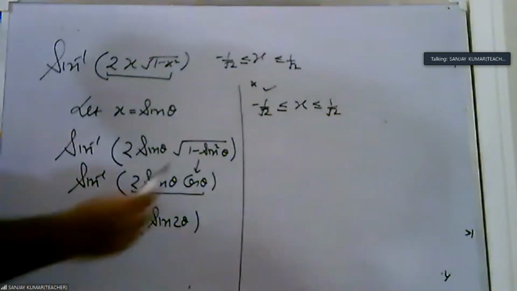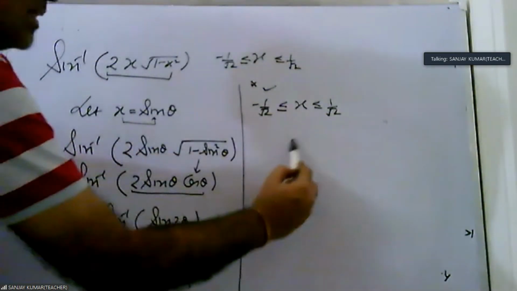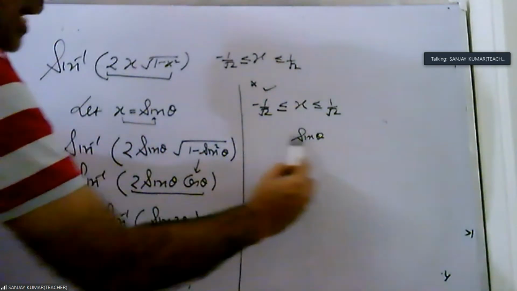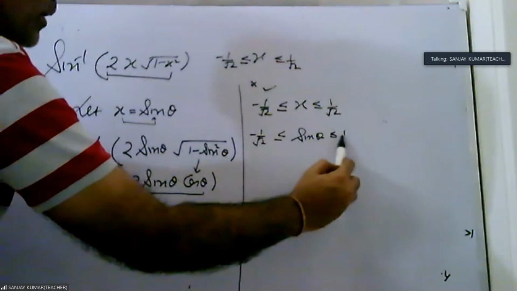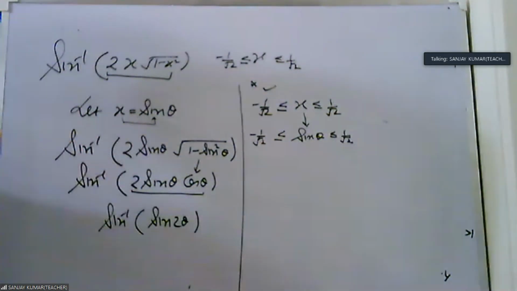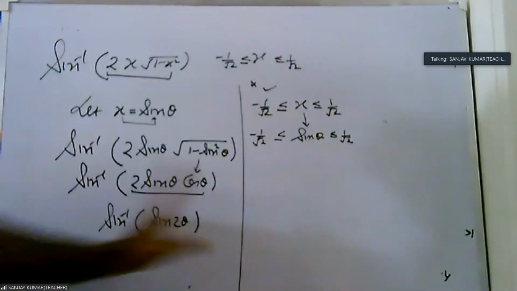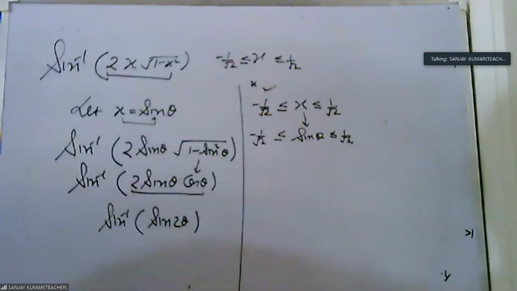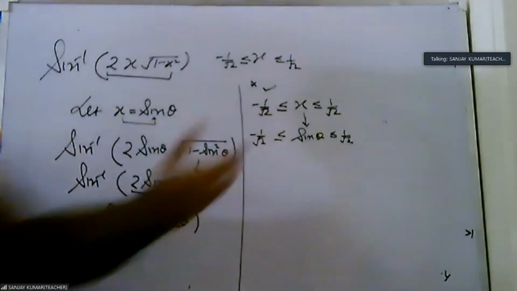Now what are we doing here? Look, what is your x? x is sin theta. We are supposing x is sin theta. So sin theta lies between minus 1 by root 2 to 1 by root 2, because you are supposing x is sin theta. This is the rough work. We never do it in any question. We are only doing it for this question so that you can see what its role is. In no question will they create the problem. I will tell you what kind of problem.